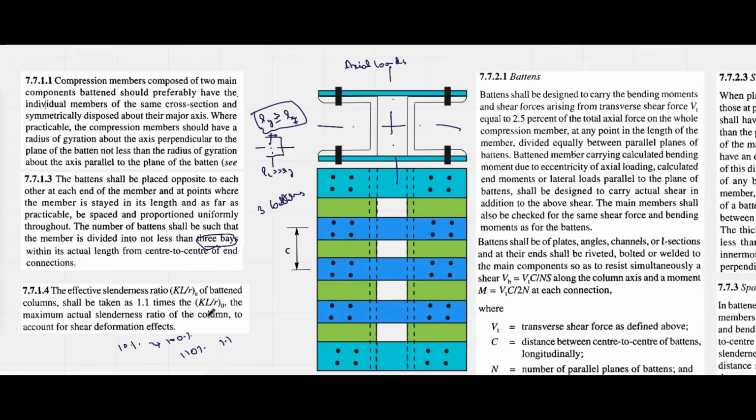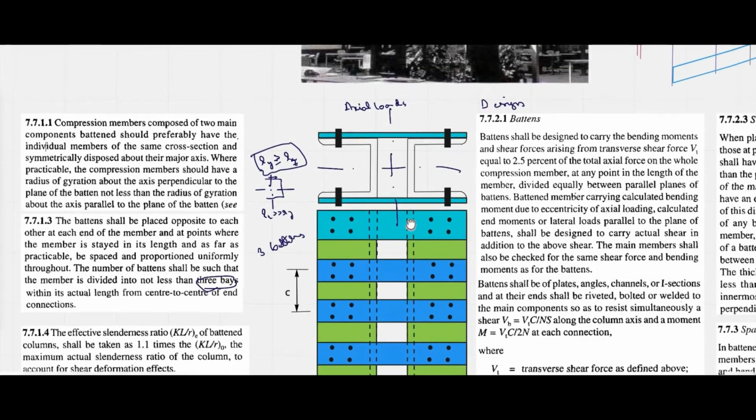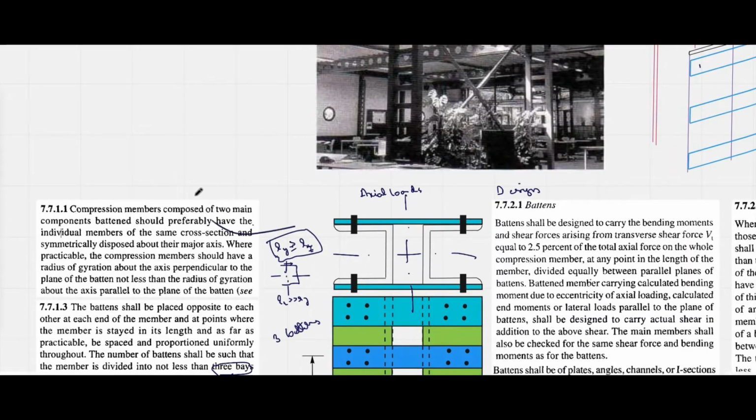Now this was about a few things the code has suggested, and the remaining things we will discuss here, which are used for design. So what are the different types of failures in batten systems? A batten system may fail in overall buckling. It may fail in buckling due to an individual member, like what we discussed in our previous case, in the main member. It may buckle due to distortion.